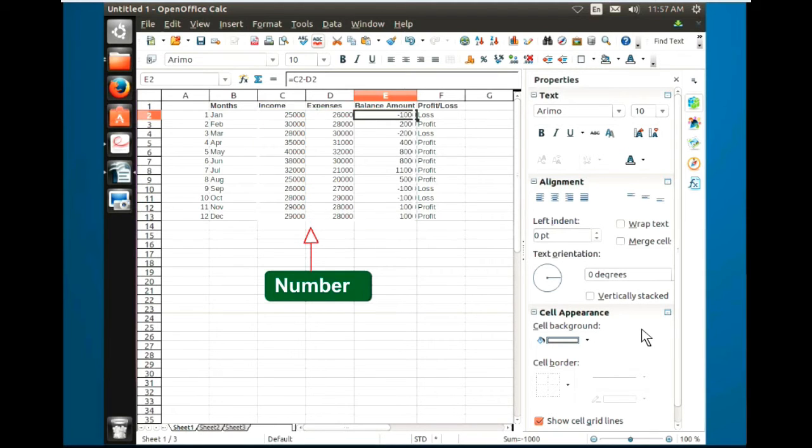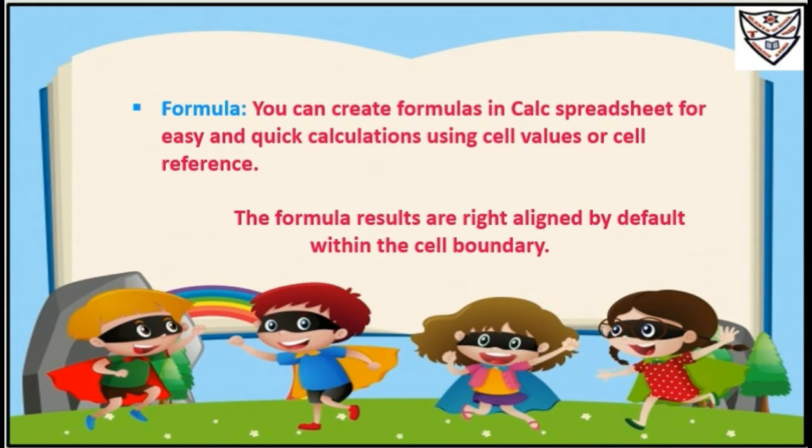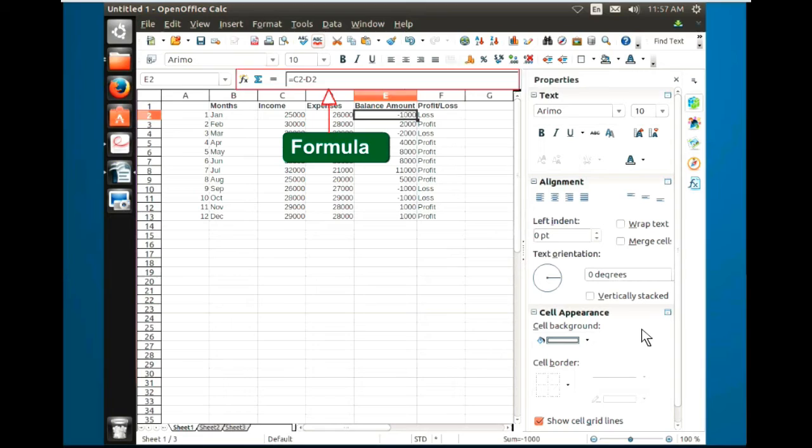By default, numbers are right aligned in a cell. Third, formula. You can create formulas in a Calc spreadsheet for easy and quick calculations using cell values or cell references. The formula results are right aligned by default within the cell boundary.